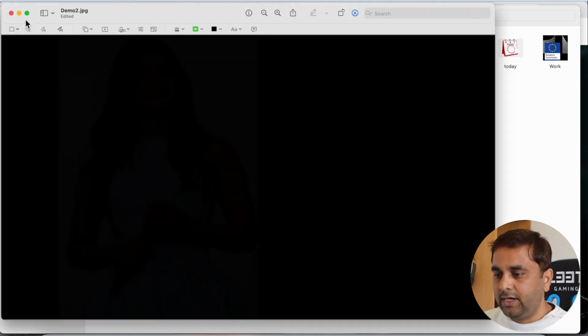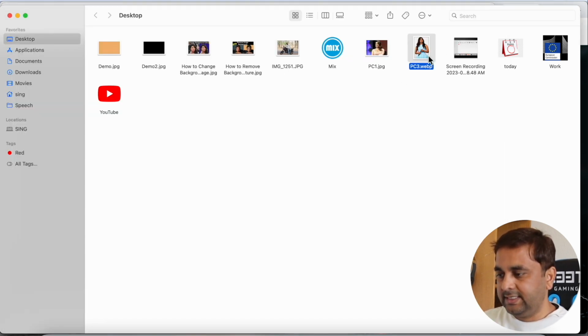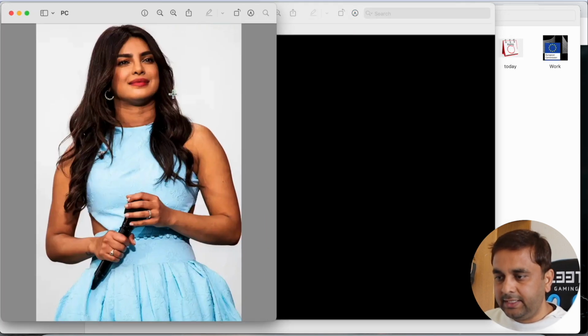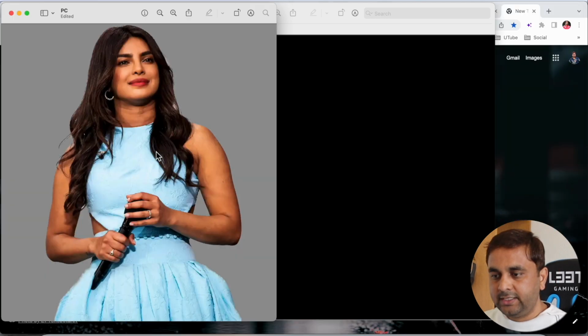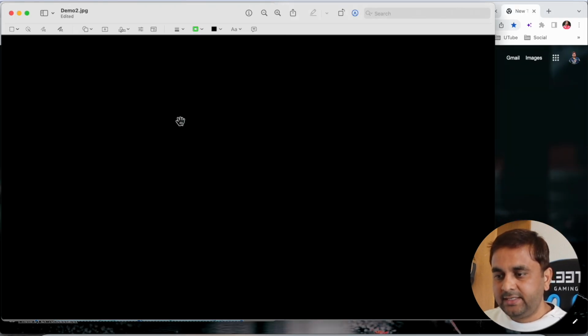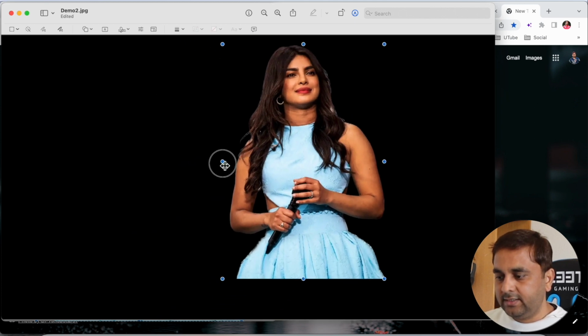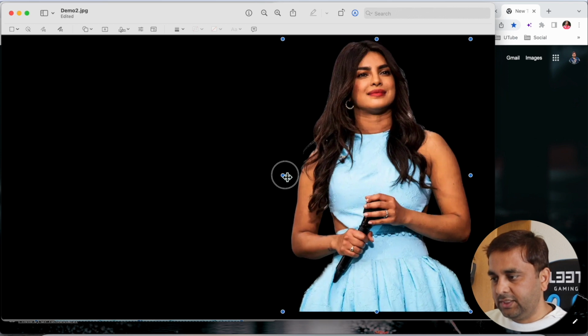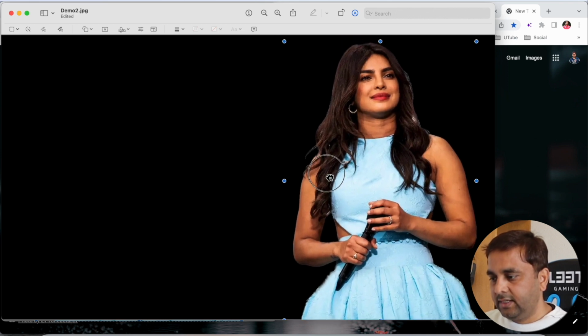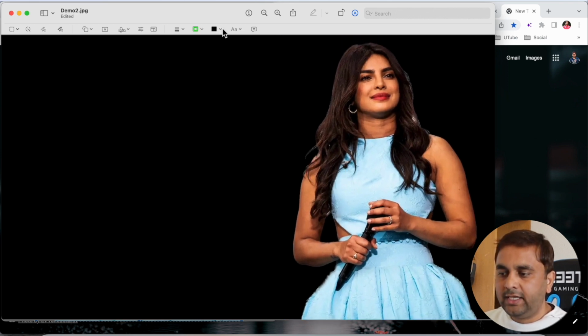So how do I do this process? It's very simple. This is the image. I click here on the tool. First of all, I remove the background, then copy this image and paste it here. I just created this black background, and look at this here. After that, I can decide which location I want this image in, and accordingly I can change